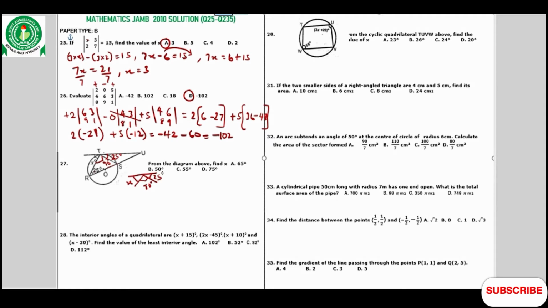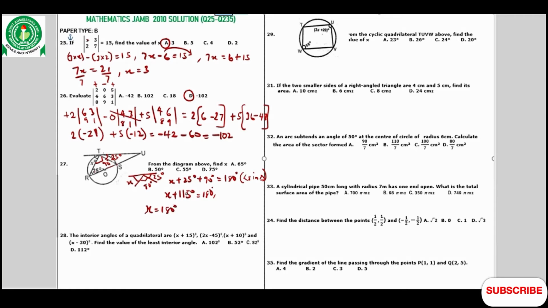You can easily get our x now by adding them together. x plus 25 degrees plus 90 degrees equal to 180 degrees. Sum of angles in a triangle. That's the reason why I add them together. So now when we add this one together, we have x plus 115 degrees equal to 180 degrees. So collect the like terms now. We have x equal to